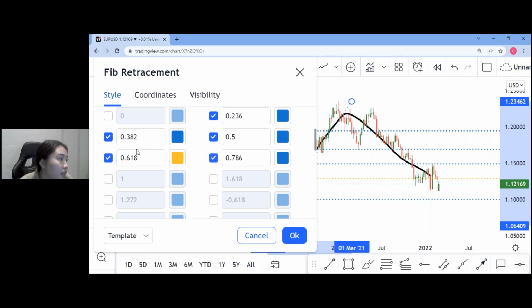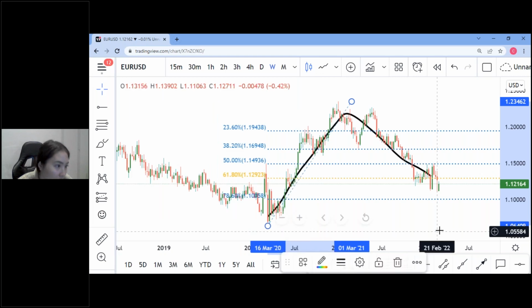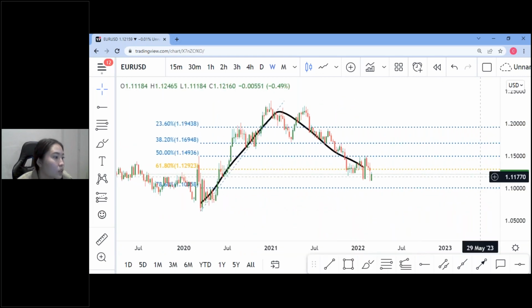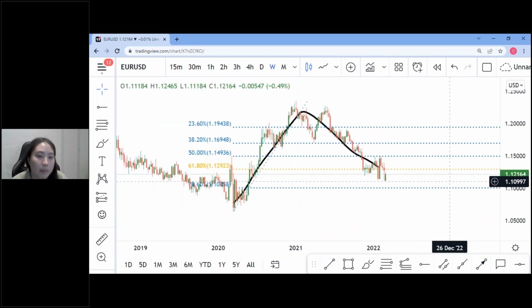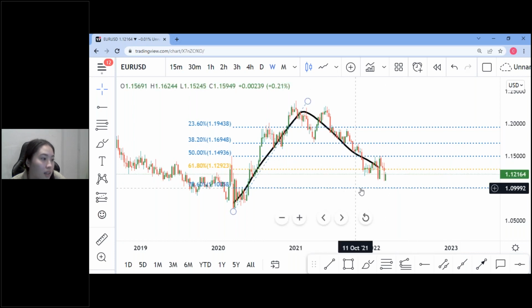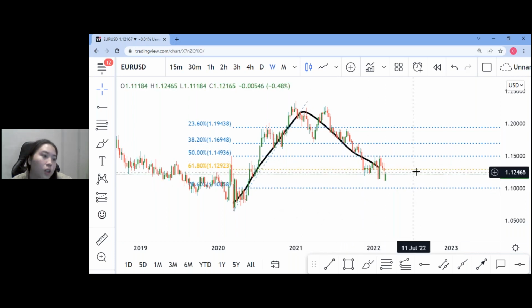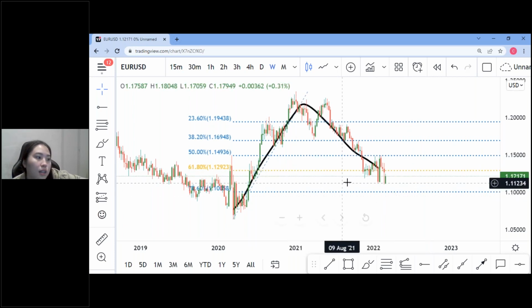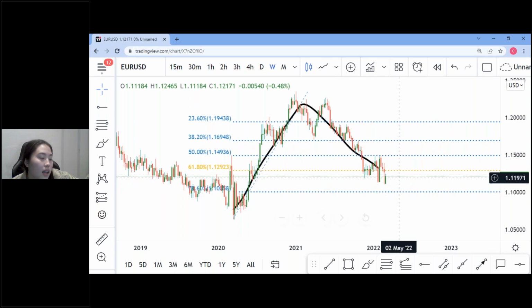These are the 5 levels that you're going to select when you go to the settings. You're going to click OK, and then go back to the charts and eliminate the levels that are not relevant to you. Just from the charts, can you guys let me know which level you think is most relevant to current price? Current price is here. Which level is closest to current price?